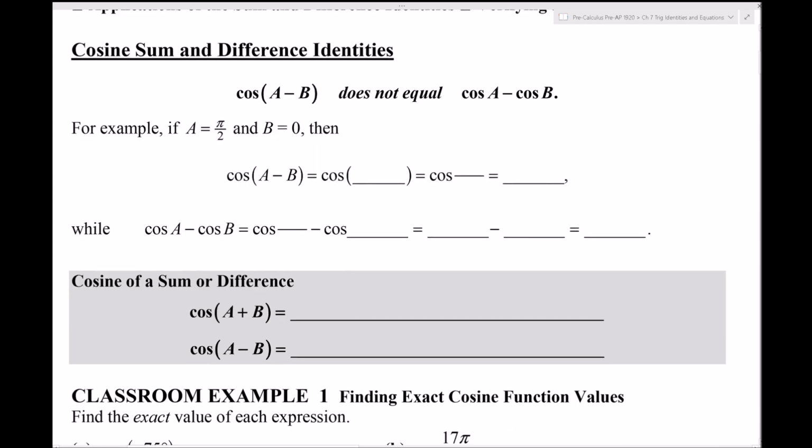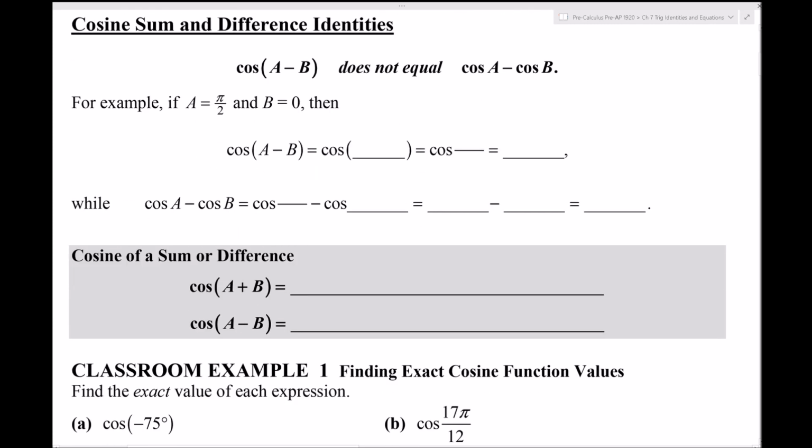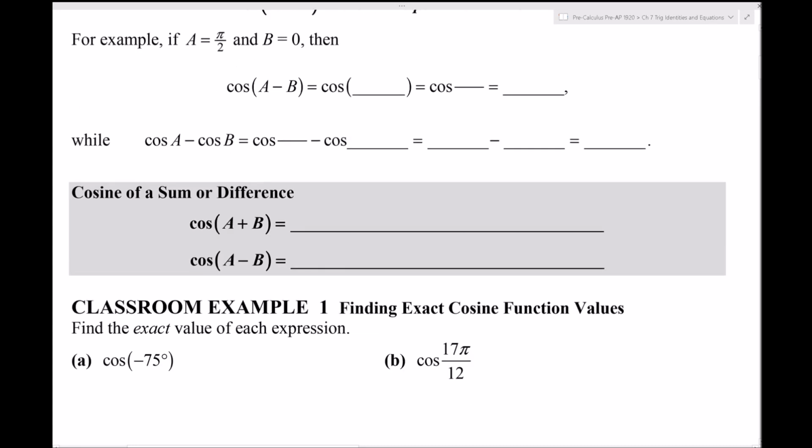So the sum and difference identities, there are two of them. The first one is the sum identity. That's not the one that we proved. It's the difference identity, the second on this list, that was proven over to the side. So I'll give that one first. The one that was proven: cosine of A minus B equals cosine A cosine B plus